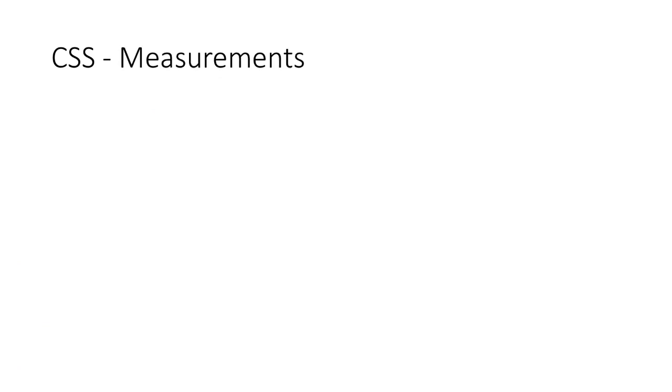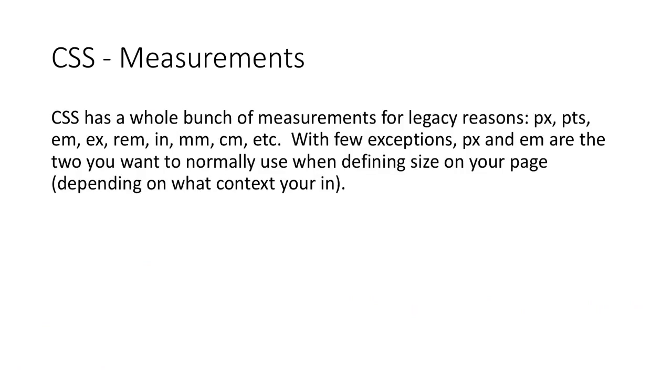So there's also measurements you have to be aware of. CSS has a bunch of measurements for legacy reasons. It goes back to the old printing days, because essentially it's a layout type of language. It's to define positioning, and most of the time you're going to use the PX and the EM for positioning. It's usually preferred to use EM because